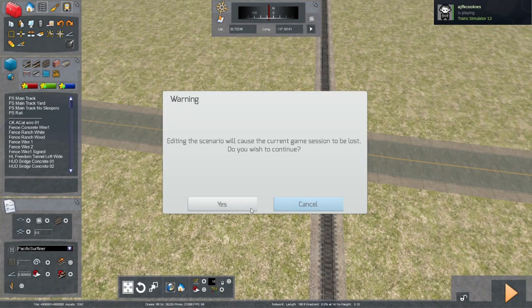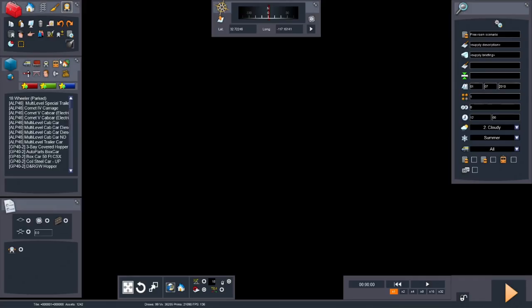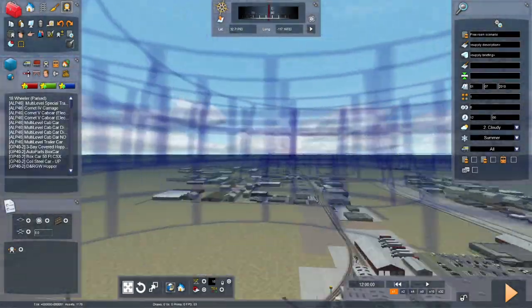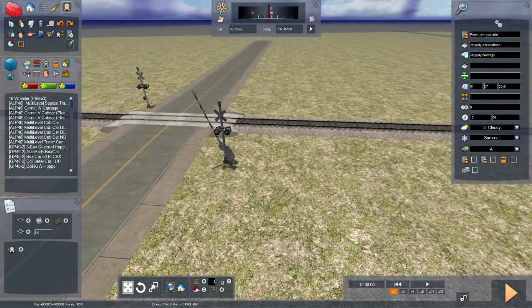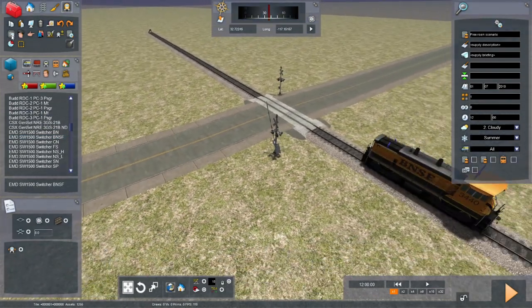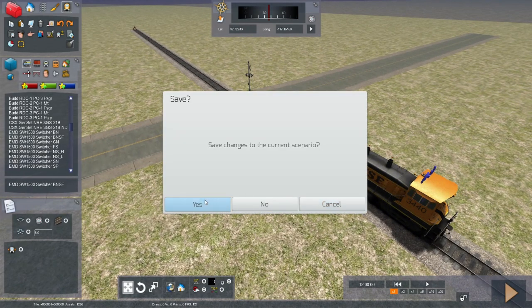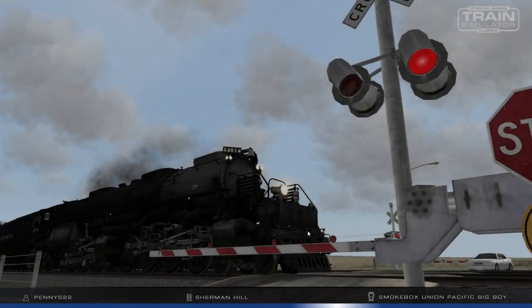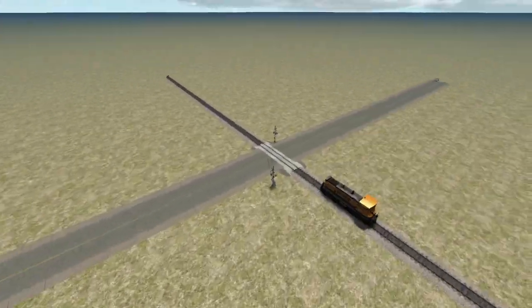So now let's just get an engine here so we can test this. And let's wait for some cars to spawn.